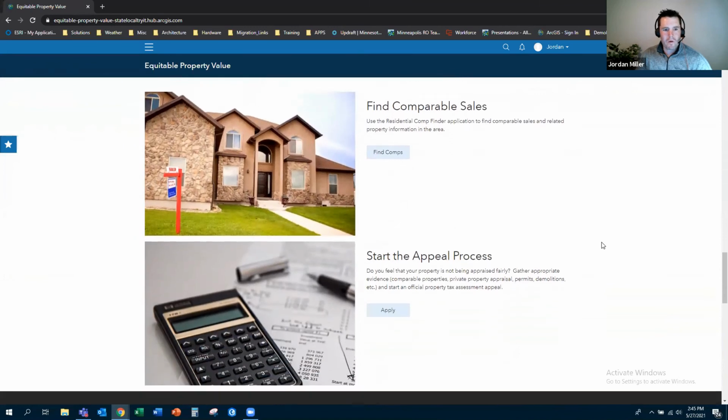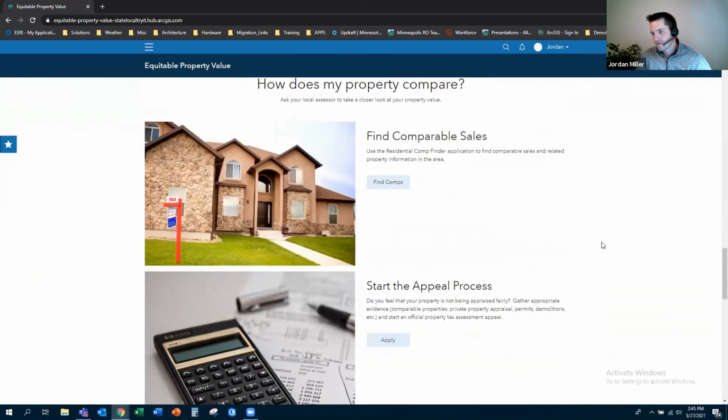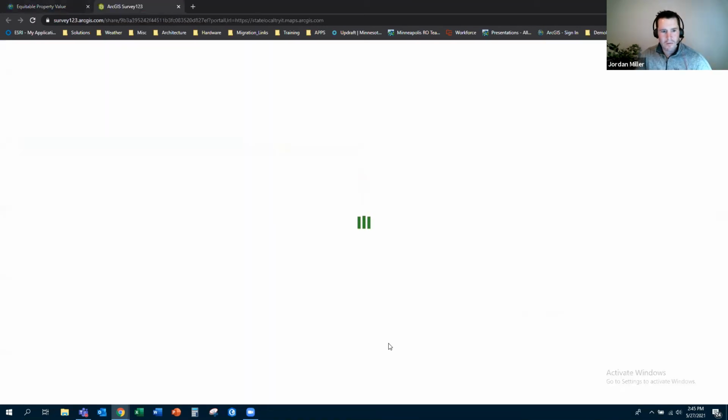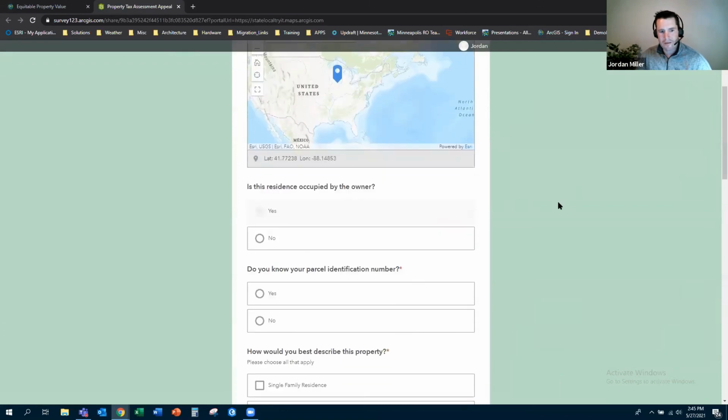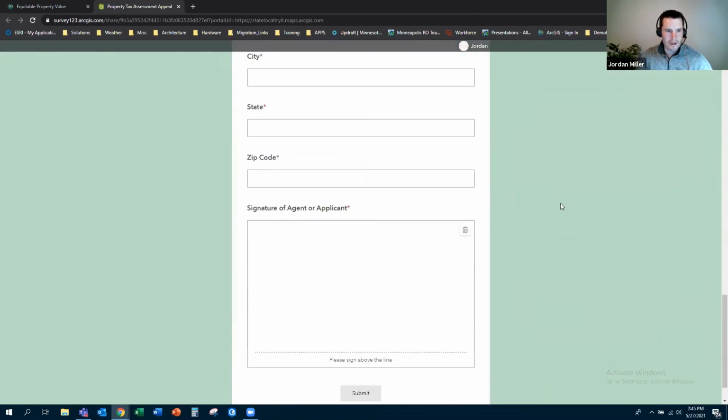But now I have more access, because based on a group I was added to, a team I was added to, and my desire to become a community member, I can start an appeal process by hitting apply and having this tracked by my community identity